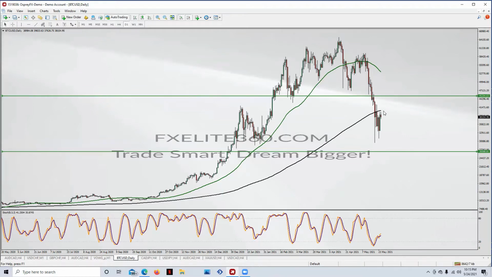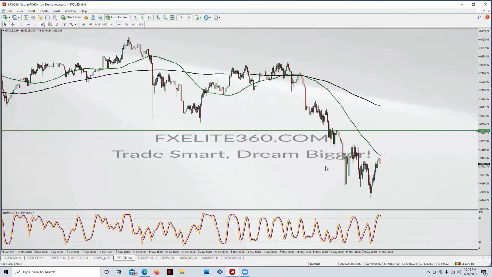We have the 200 moving average right here. We see the 55 moving average curling down. Hopefully 202. So it's very possible, I'm not saying 100%, that this could continue falling. We could break this level, maybe continue falling, and then this will turn this way and we see a continuation. Also, you could look at this on the 4-hour too.